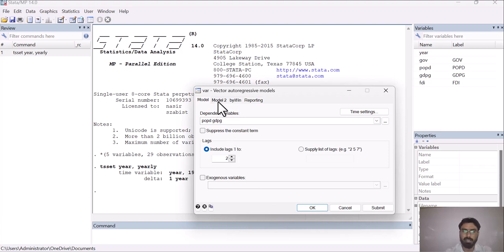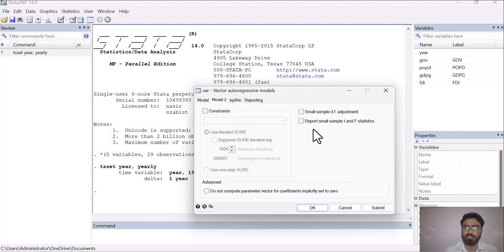And here you can see that there is another option which is very next to the model, and it is named as model 2. Basically, model 2 is used when you have a very small sample size, like 5 years or 10 years or 15 years. Then you have to go with this option. As you can see, it is mentioned, report small sample T and F statistics if you have a very small sample size.